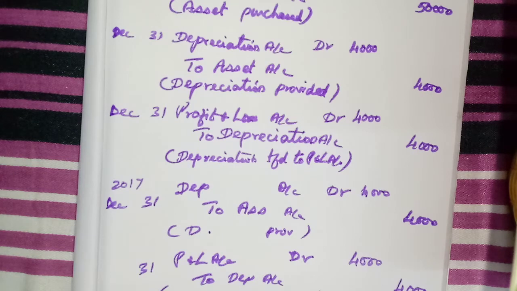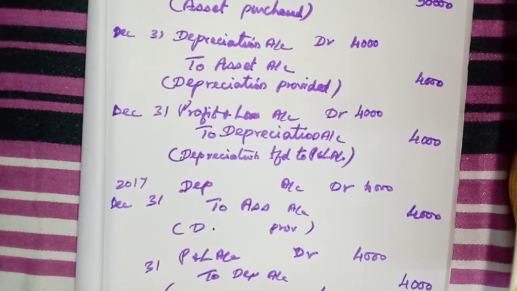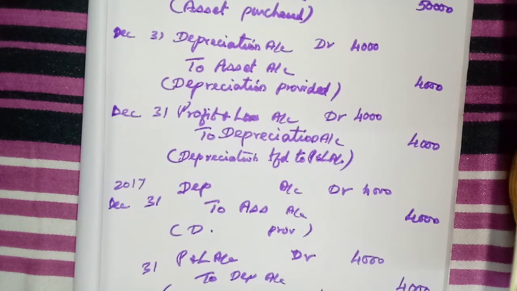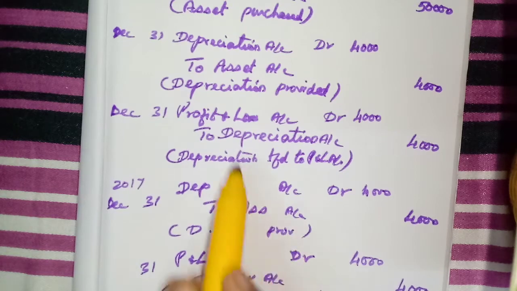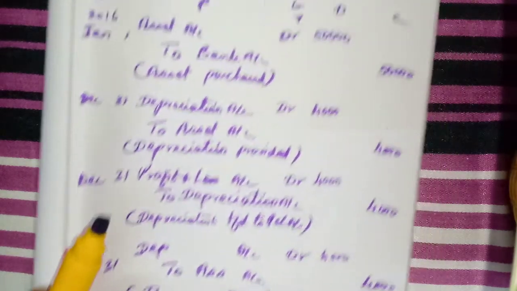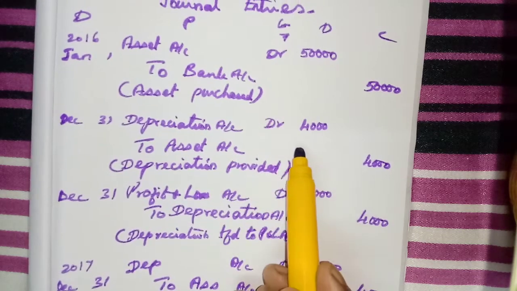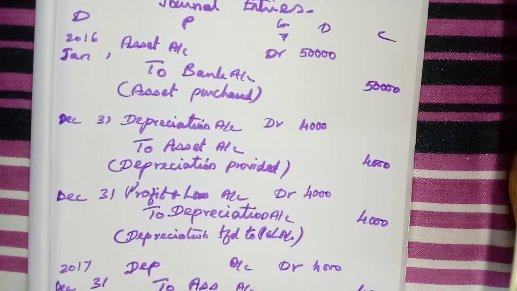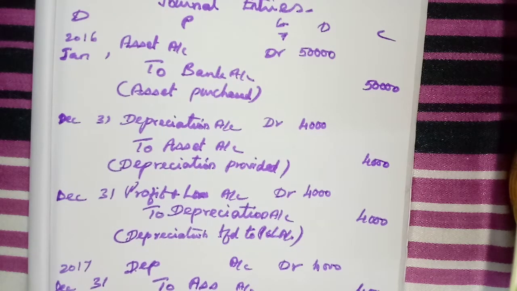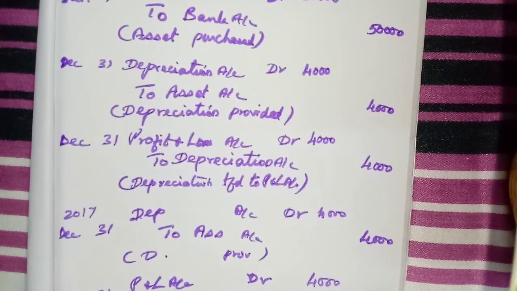So to calculate the amount of depreciation, we need to apply that formula. Then what is the question? Give journal entries for 2 years and prepare machinery account. We have to post this one. Machinery account means your asset account. Asset account to bank account. Then this year by depreciation account, we need to calculate the balance. Again next year by depreciation 4,000, again balance and keep the balance as it is. That is called that account, asset account or machinery account.